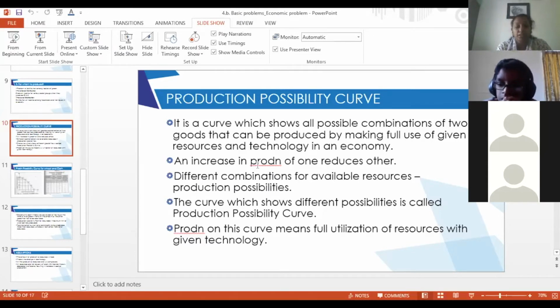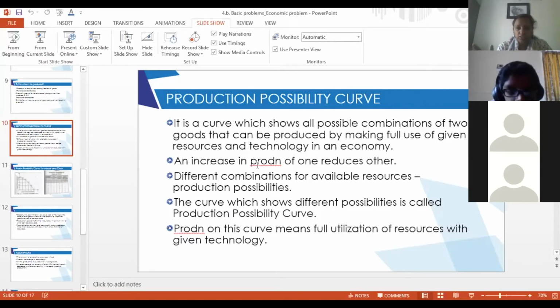and we are making efficient use of all the factors of production, that means there is no other combination left which can increase the production, right? The economy is working at maximum output level at that time.